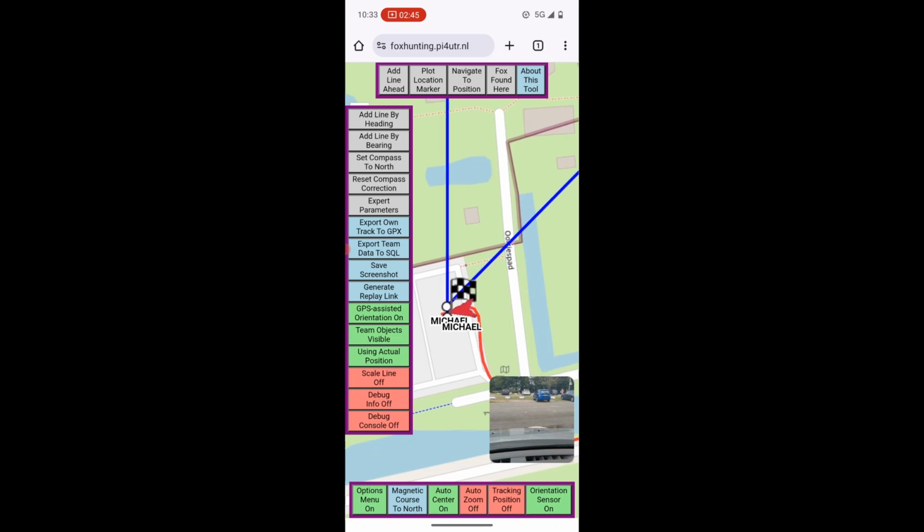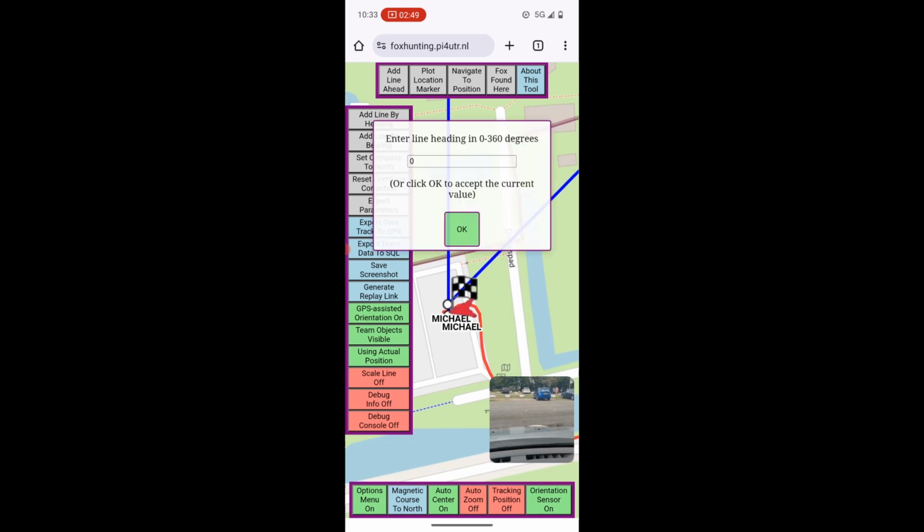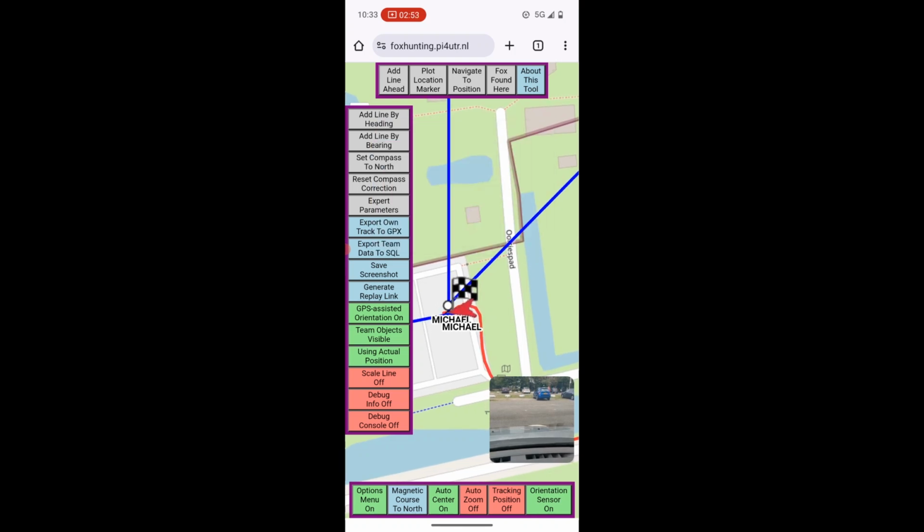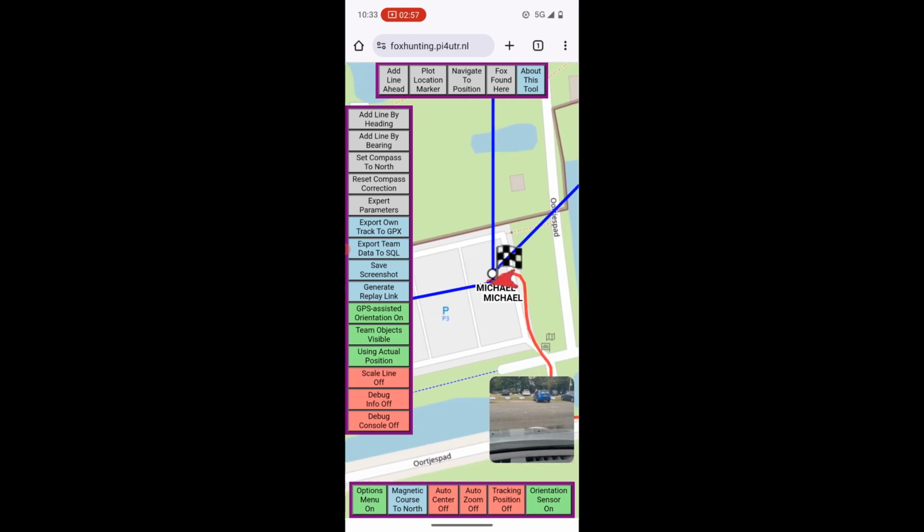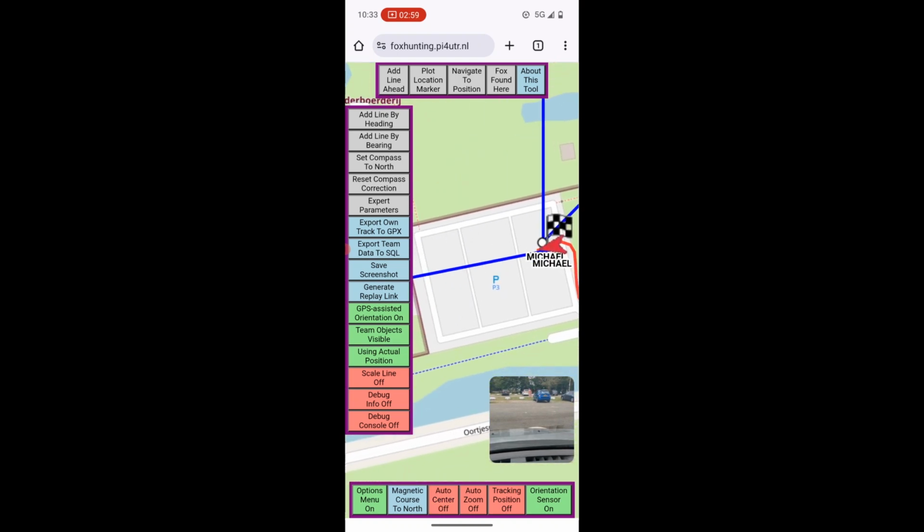I will show you how that works in practice. So I press the second button, Add Line by Bearing. I use 0 degrees and I press OK. And as we can see, I will turn off the auto center function and move a little bit. We can see the new blue line pointing to the left of the screen, exactly in the direction of the red arrow. If I press the button again,